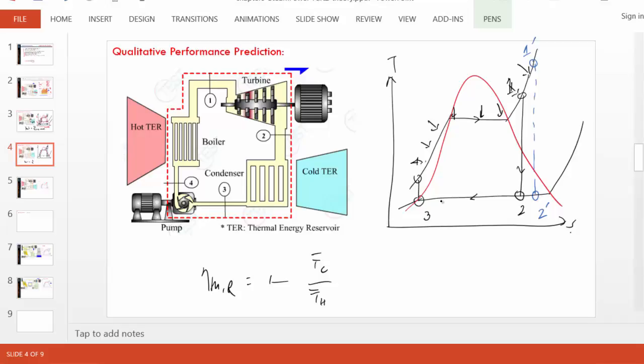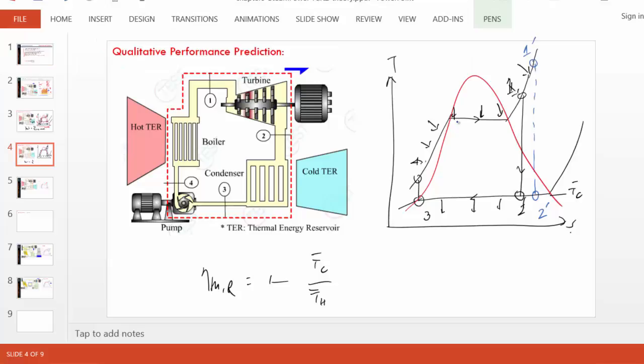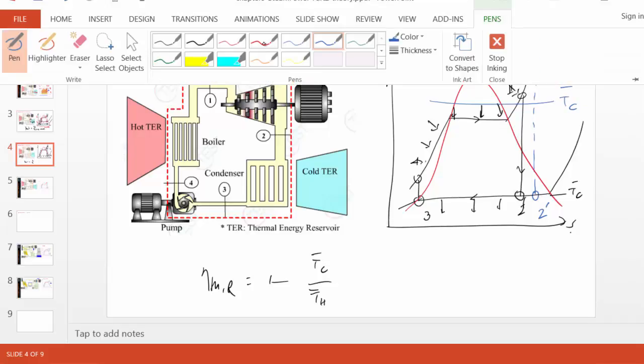The heat rejection, on the other hand, hasn't changed. So TC bar, let me use the blue color for this one. For the blue cycle, the TC bar has increased, and for the previous one, let's call it the red one,